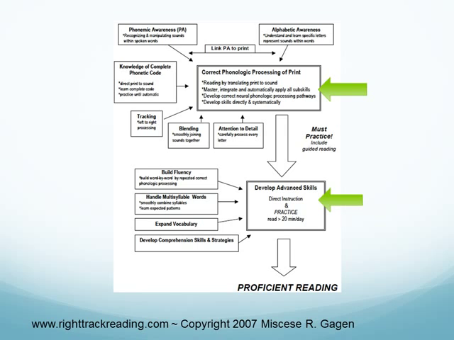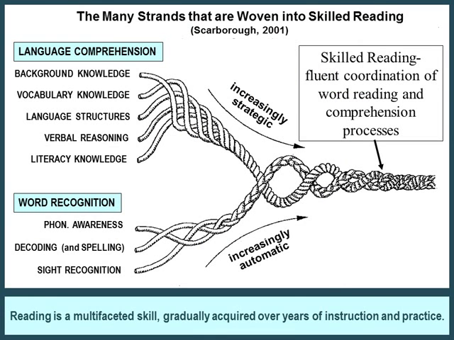comprehension skills and strategies. This visual representation shares that reading is a multifaceted skill, that over time the strands are woven together to become more complex, so that a reader has to have the foundational skills in the beginning in order for that student or that reader to become a master over time. It's actually divided into 2 separate areas or 2 components, the first of which includes phonemic awareness, decoding and spelling,